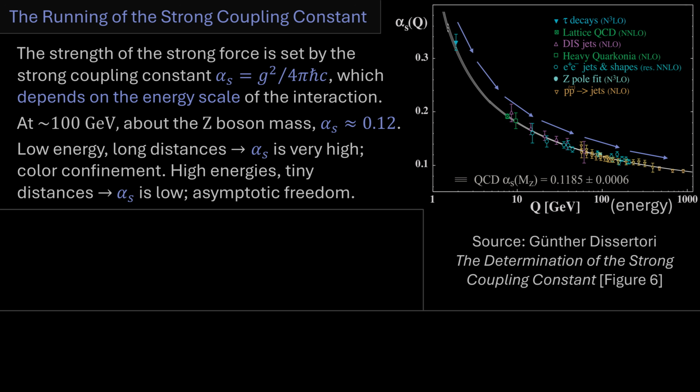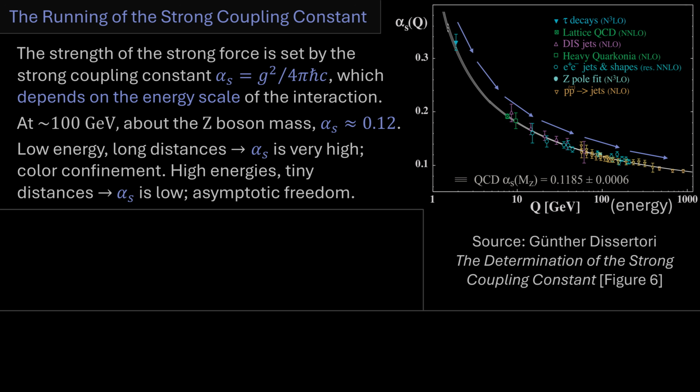The reason it's called asymptotic freedom is that in the limit of super high energies, in the asymptote as this chart goes out to the right all the way to infinity, you end up getting an alpha S which approaches 0. That means if you imagine two quarks smushed right up next to each other, at ultra high energies, then the strong force actually becomes weaker as they get closer together. So that's what people mean by asymptotic freedom.